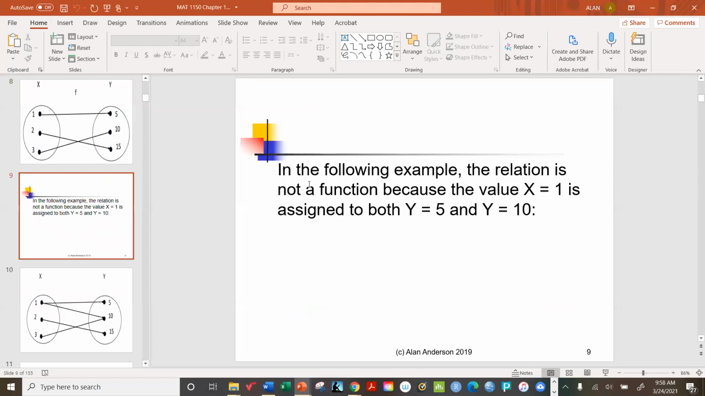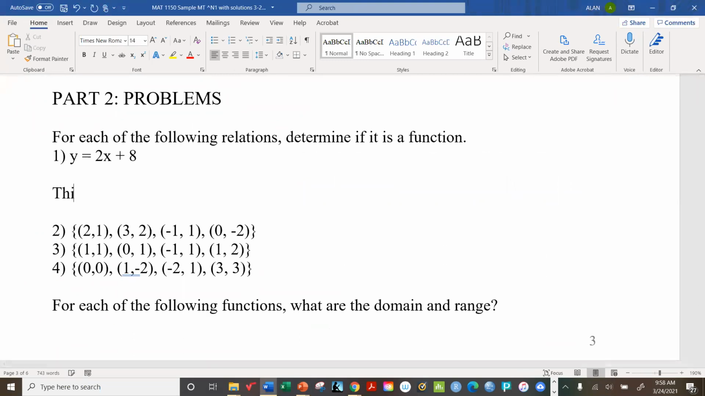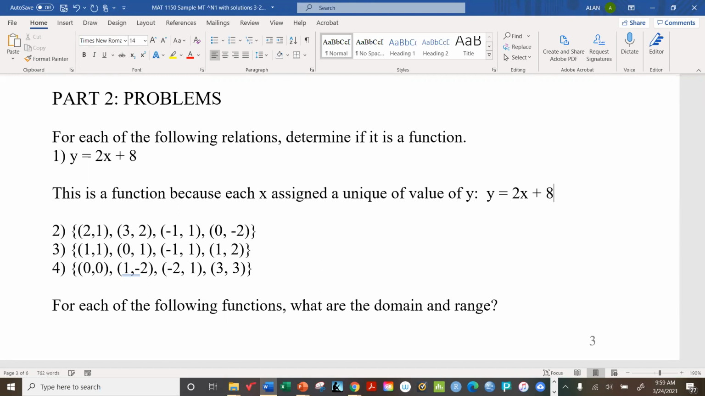So therefore, when we look at these examples, the first one clearly is a function. Okay, this is a function because each x is assigned a unique value of y. Specifically, y equals 2x plus 8. So that might be the best way to explain that, because each element of x has been assigned precisely one